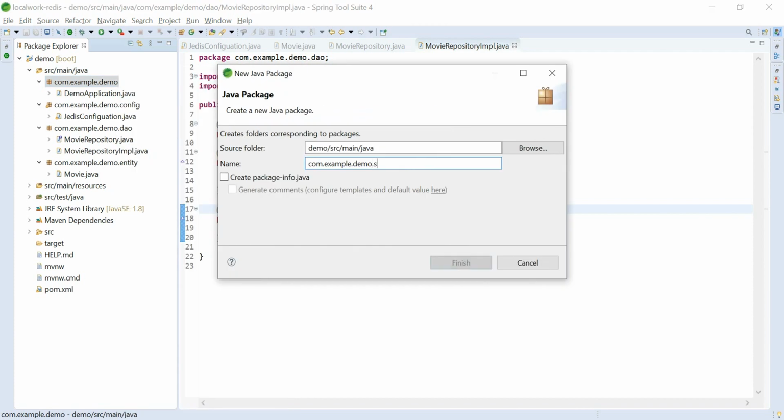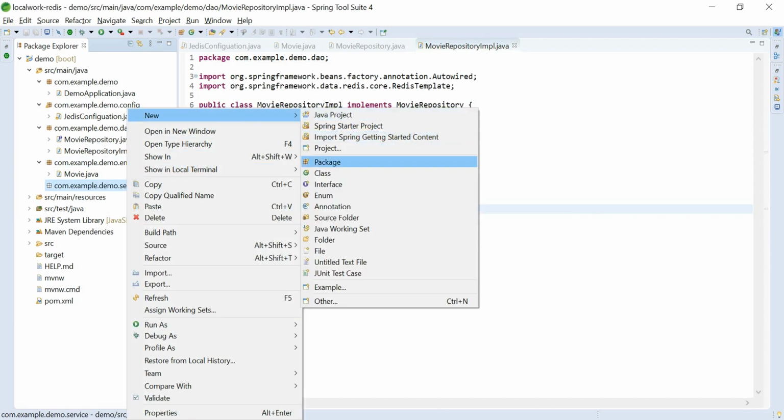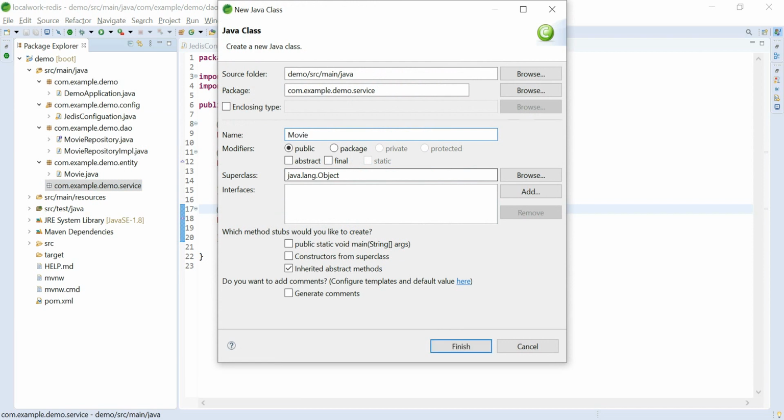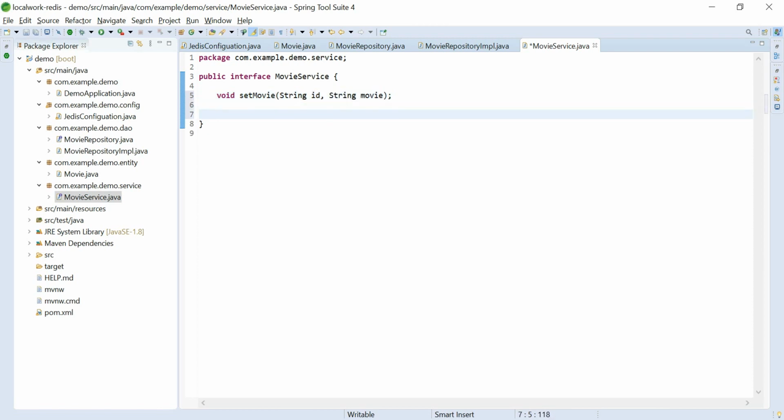We will create a service package, and in that we will create an interface, MovieService, in which we will keep the methods: void setMovie(String id, String movie), and String getMovie(String id).